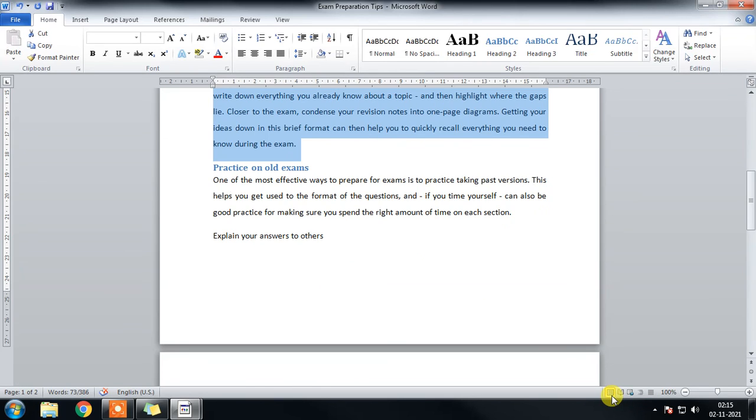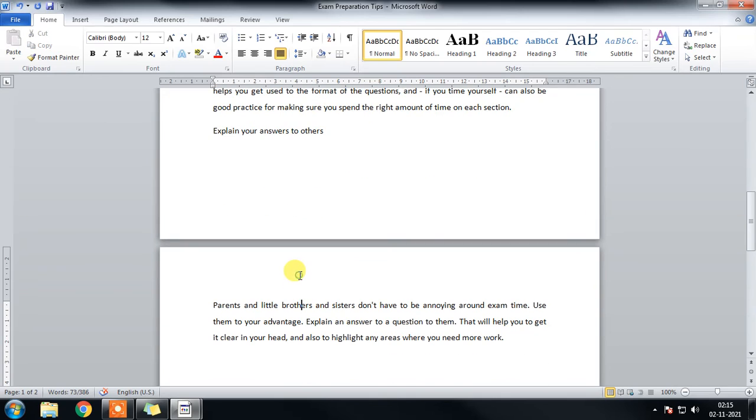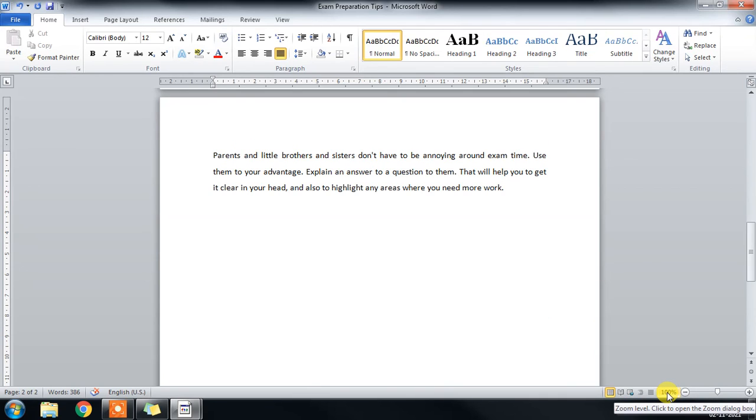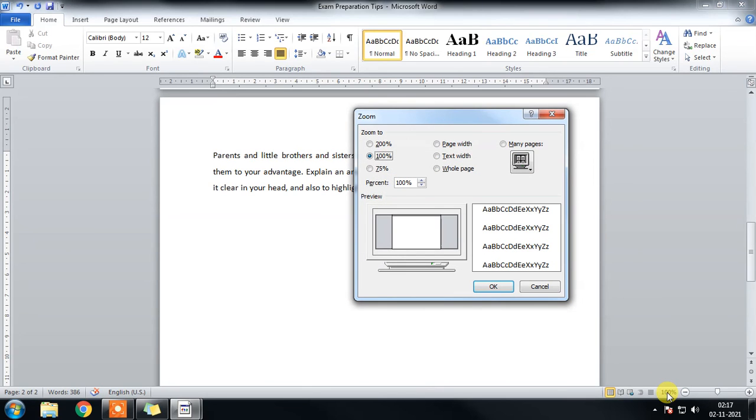Now let's come to the zoom slider, the zoom control. Here this one is the zoom level. Now the page is in the correct form, that is 100%. If I want to see more than one page at one time, I can use this zoom level. By default 100 is selected. If I click on 75, I can see 2 pages at the same time.